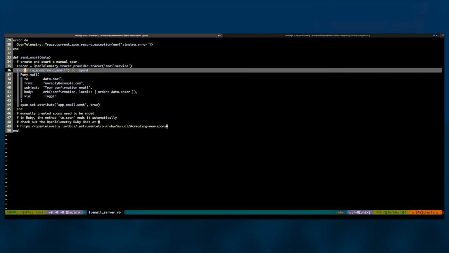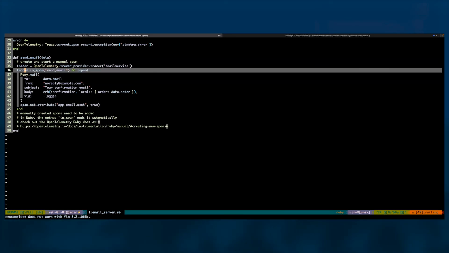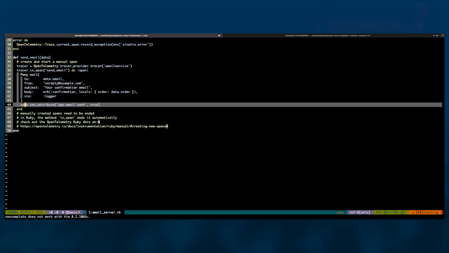But at the bottom, in the send email function, a manual span is being created called send email, and attributes are being added to it. Think of metadata, like email sent true being tagged onto that span. So here I have both manual and automatic instrumentation in OpenTelemetry being used,